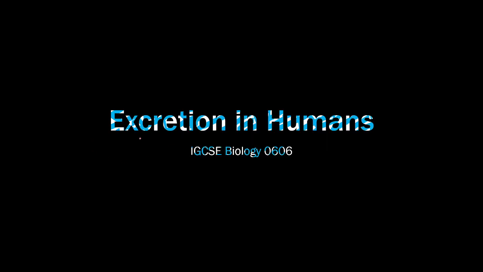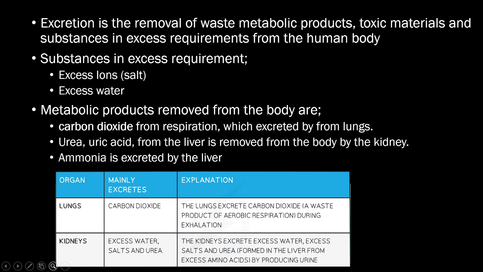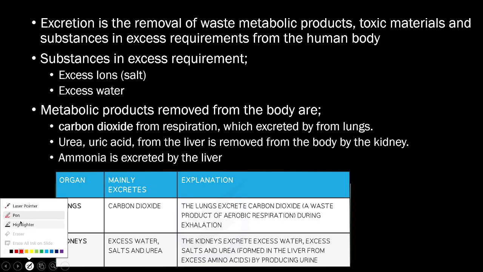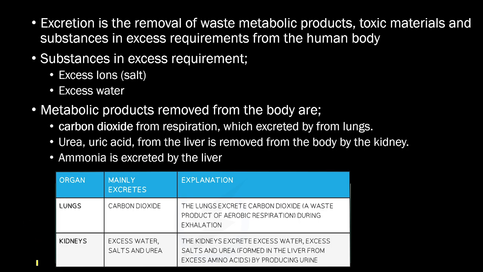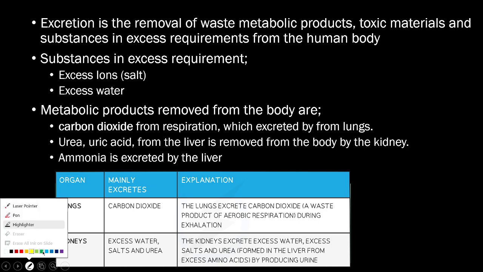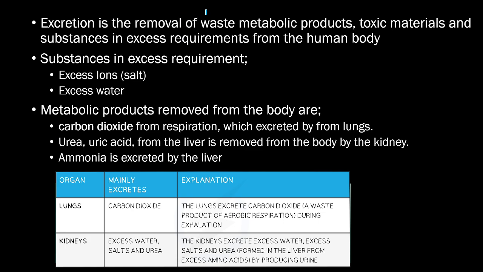Today we'll be looking at excretion in humans, IGCSE Biology 0606. Let's begin. So basically, excretion is the removal of waste metabolic products, toxic minerals, and substances in excess requirement from the body. So now the keywords here are waste,